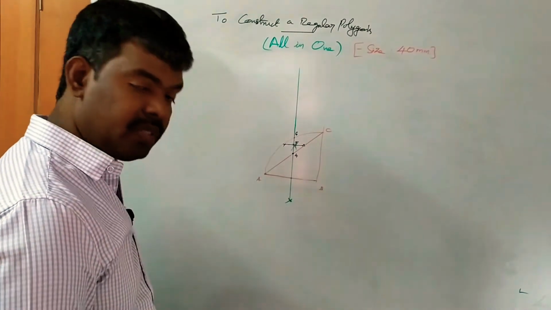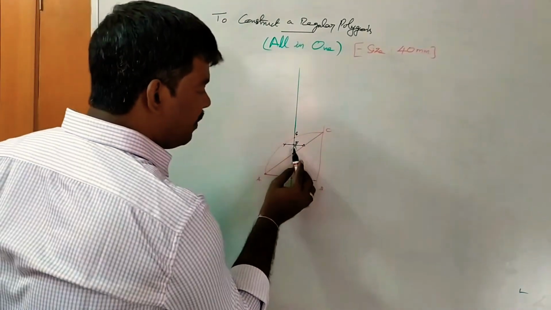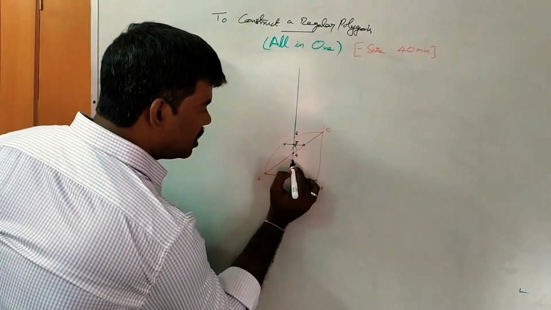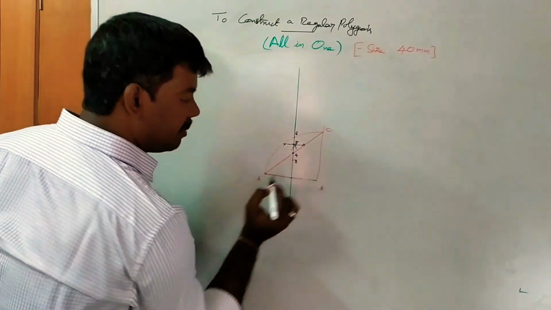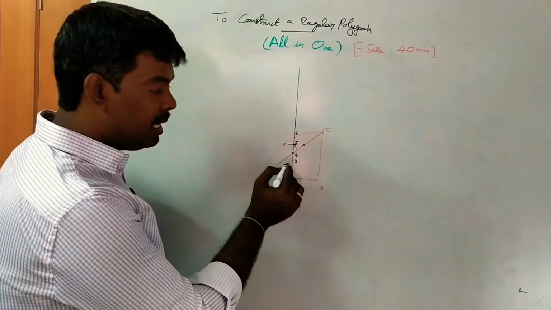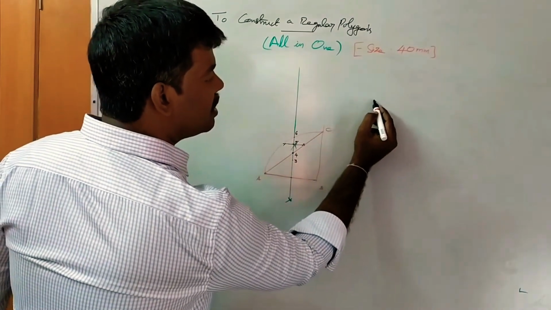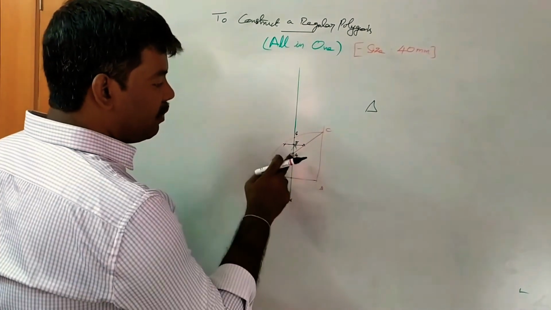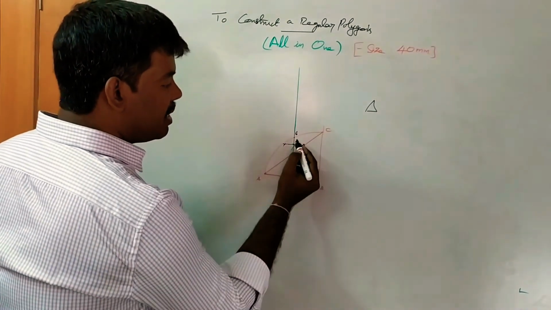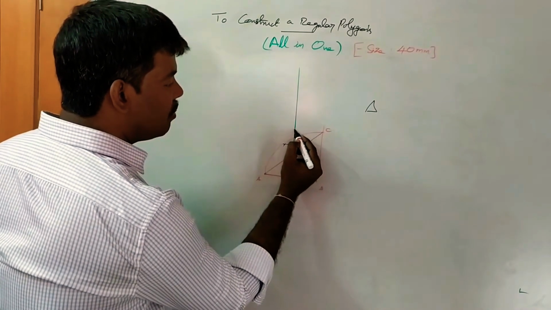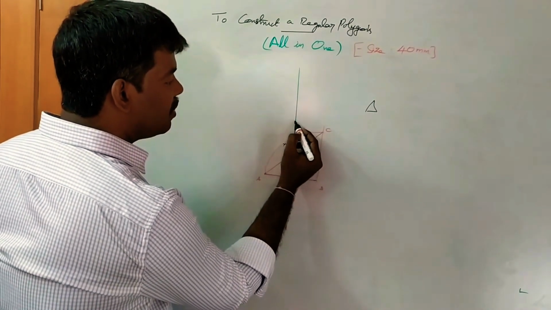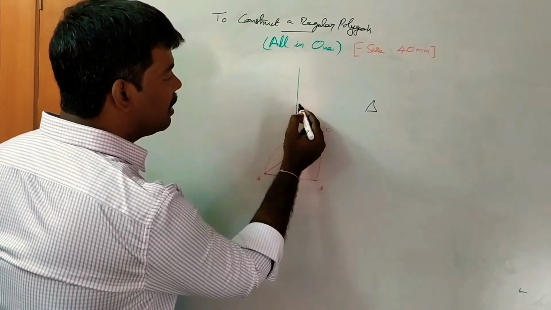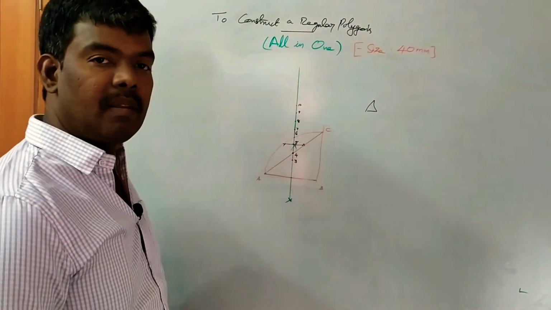After that you take the compass. The 4 to 5 distance is 100% equal to 5 to 6. From 4 downwards you mark it, that is number 3. Only 3, the minimum. For a polygon the minimum is 3 sides only, therefore number 3 is the starting point. Already 4 is there, 5 we got, 6 is there. Next, with the same radius, from 6 you mark 7, from 7 to here 8, then 9, 10, so infinite number of regular polygon sides.